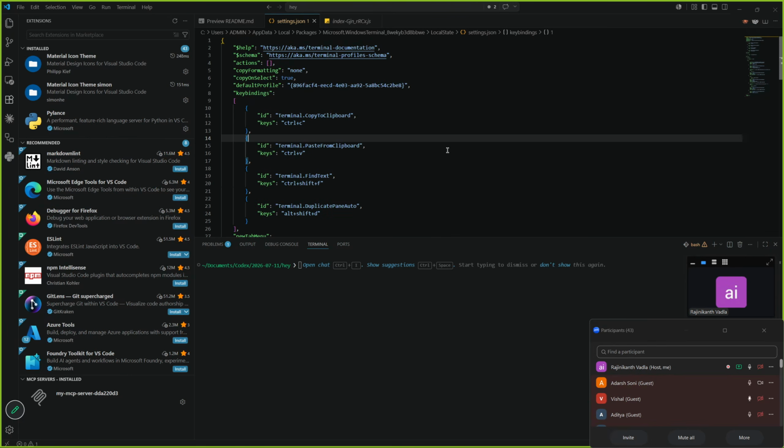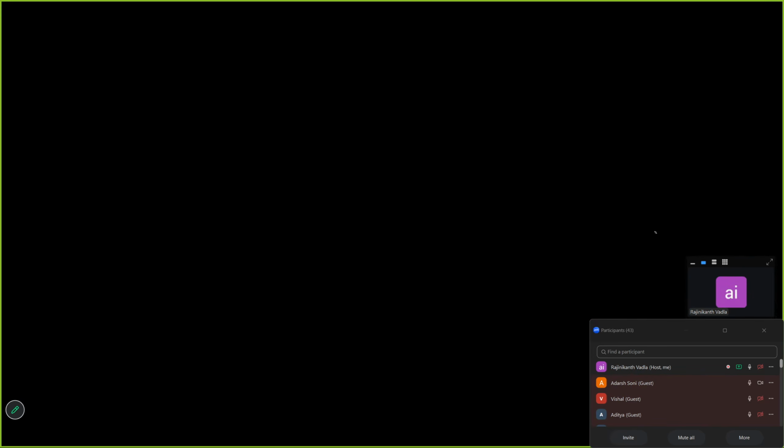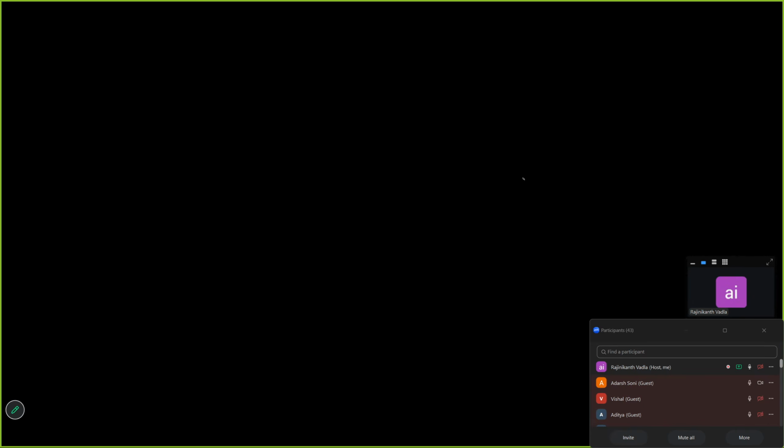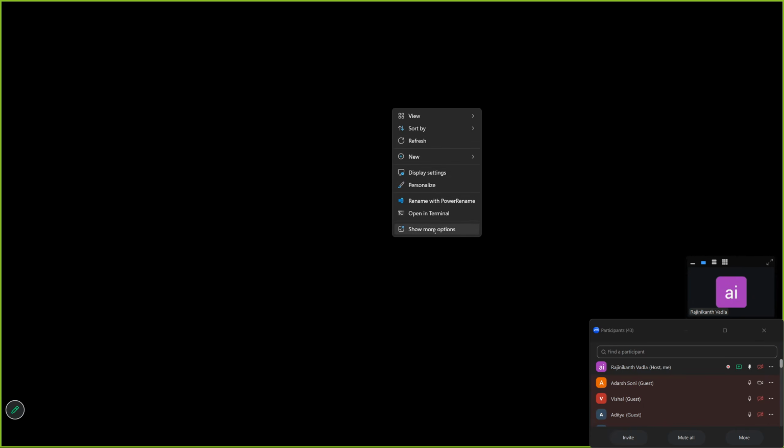Okay. So that's the thing. If I go to my desktop and show more options, it is asking me open Git GUI here or open Git Bash here.